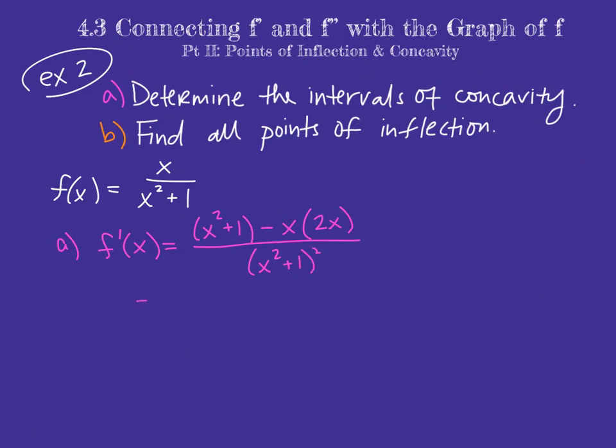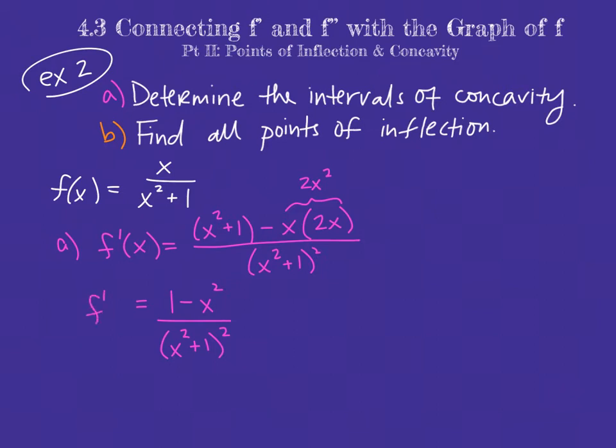Now I want to simplify this a little bit to make it slightly easier. So this term right here is 2x squared. So we're going to have x squared minus 2x squared. So we'll have minus 1x squared plus 1. I'll actually write that the other way: 1 minus x squared all over x squared plus 1 quantity squared. Now it's up to you if you want to actually multiply this out or just leave it be. Either way is fine. It can work either way to find the next